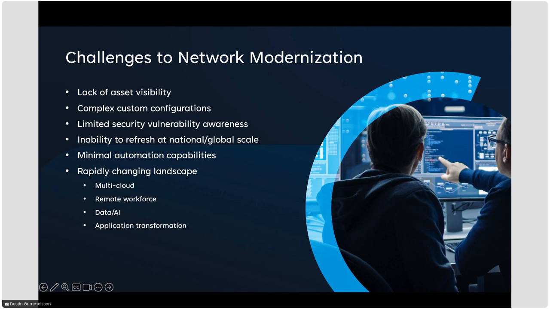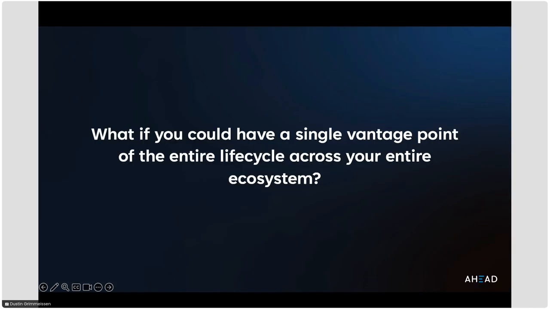And so what we're going to show you today is what we think is a differentiated offering that we have for helping to get a handle on asset lifecycle and how to tackle some of these complexities that I have listed on the screen here, so that you can get yourselves into a better lifecycle management, get the foundations down to where they're automatic and you have full transparency on what that is, such that then you can go tackle the big transformation initiatives without worrying about the complexities of keeping the lights on. So with that, I'll pass it over to you, Justin, to dig a little bit deeper on the Hatch itself.